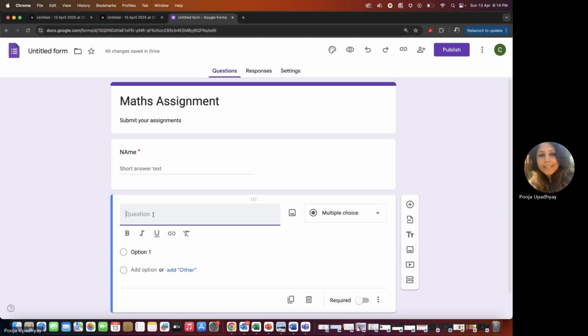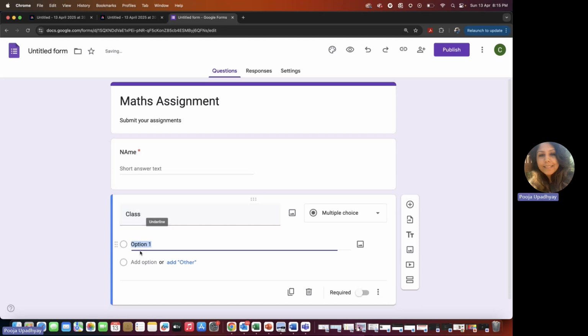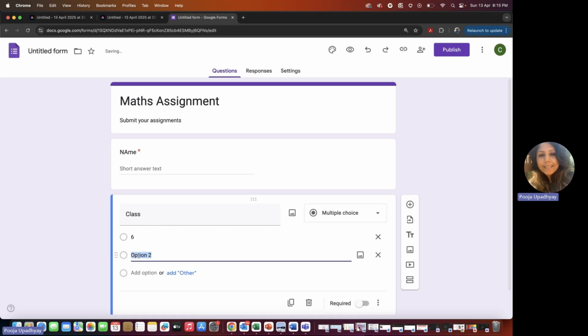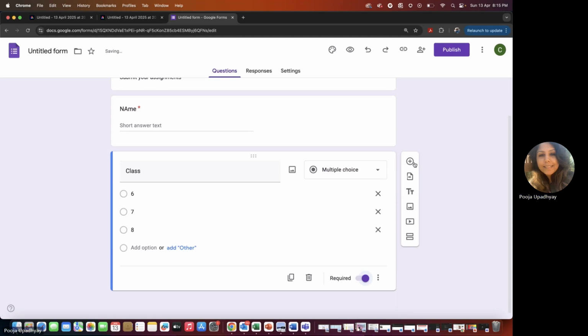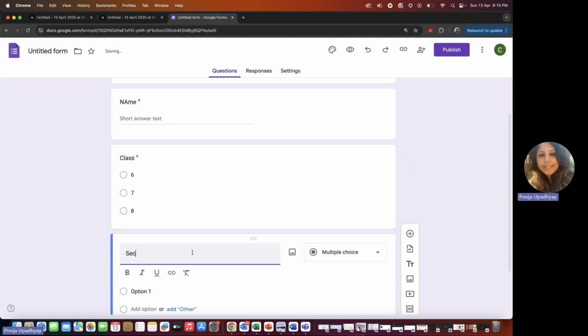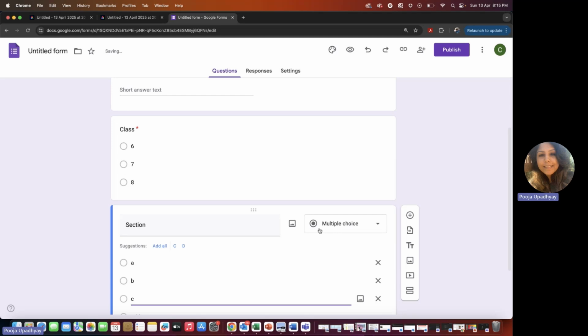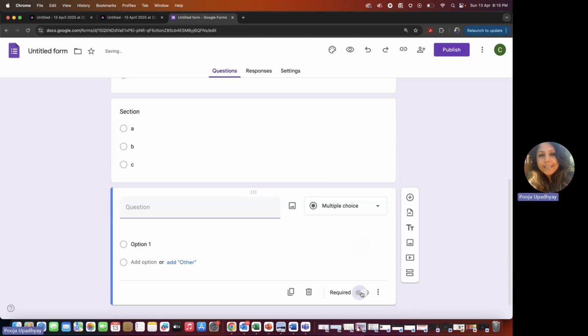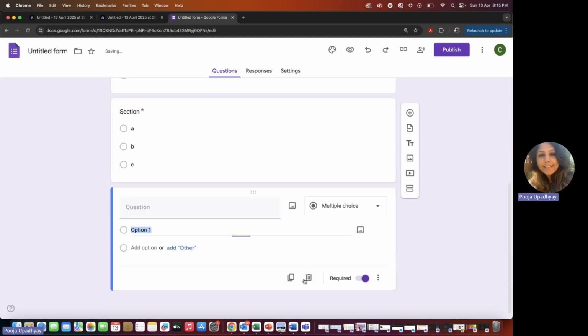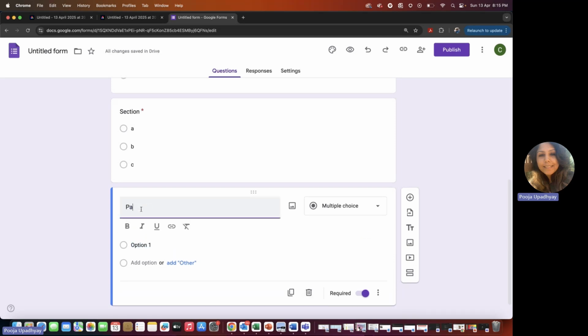Add down the class. Suppose as a teacher, you're teaching sixth class, seventh class, and eighth class. I'm just assuming that. And also you can say section. Suppose you're teaching section A, B, and C, whatever sections you're teaching. And of course, always put required so that students are submitting it. This is also required. And in the last one, just say paste your assignment